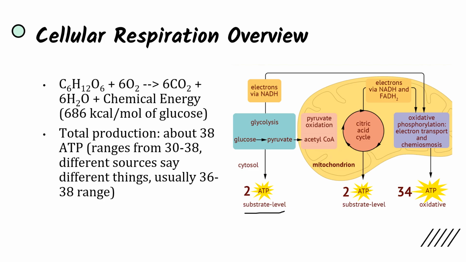carbon dioxide molecules. Now, acetyl-CoA enters the citric acid or Krebs cycle in the mitochondrial matrix, and this is going to get rid of the rest of the carbon molecules of glucose, turning them into carbon dioxide. It's going to produce 2 more substrate level ATP, and it's going to fill electron carriers NADH and FADH2,